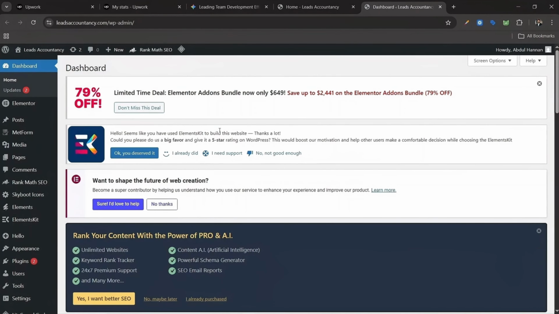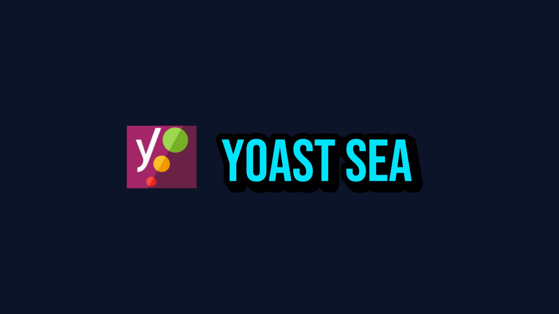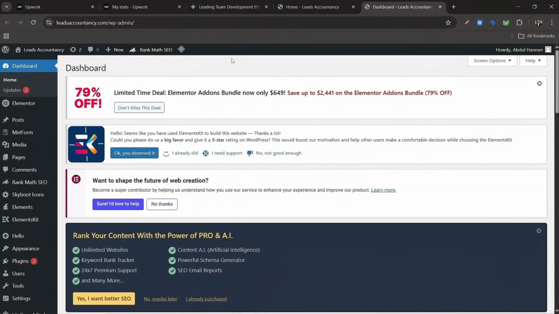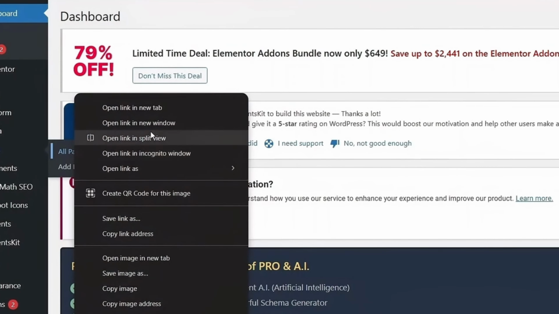To make a page non-index, we need a tool. These are SEO tools, and you can download both of them or any one of them. There is Rank Math SEO and Yoast SEO. Just like here, I have installed Rank Math SEO, and now I'm telling you how to make a page non-index. So first of all, come to the pages